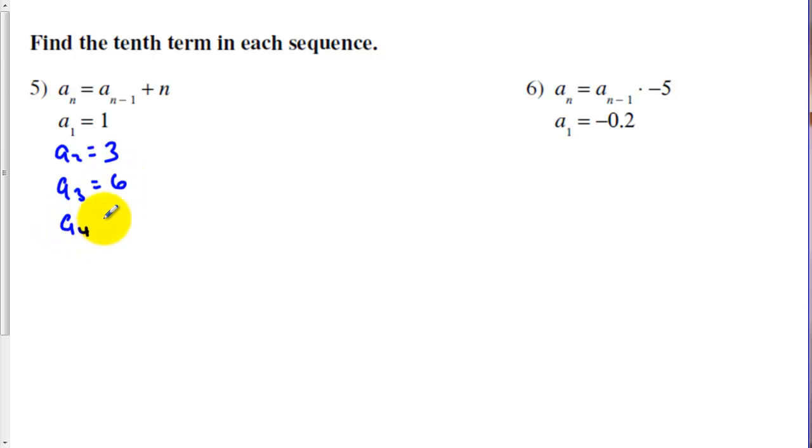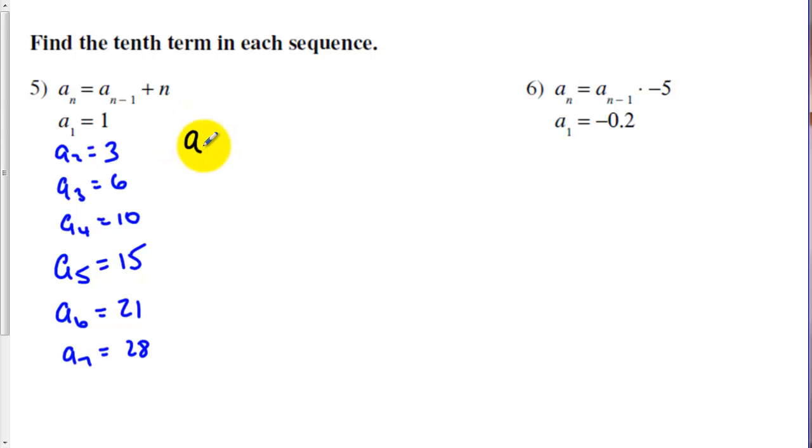Now we're adding 4, adding 5, adding 6, adding 7, adding 8, 9, and 10. So you can see we had to go through the list. Now we could do the same thing here, or as I mentioned before, when we have a common multiplier,